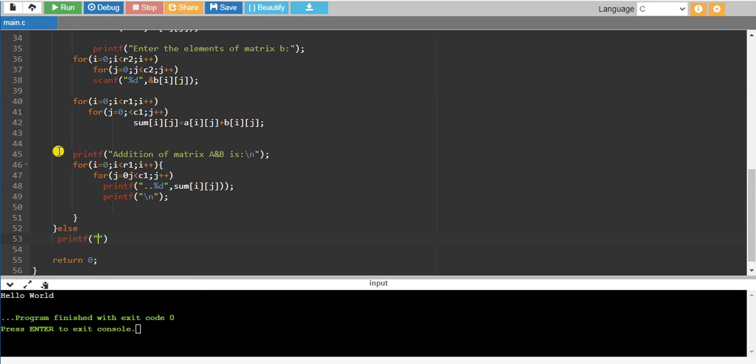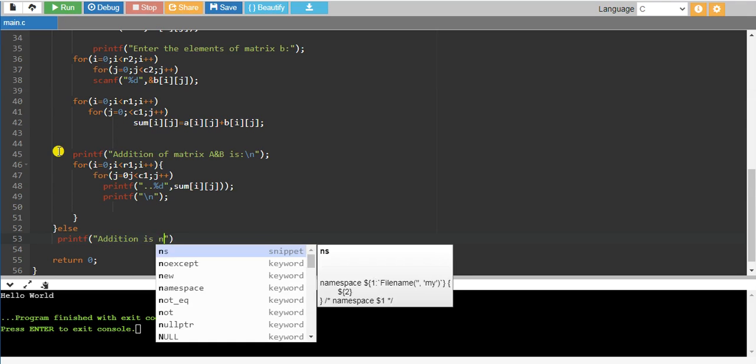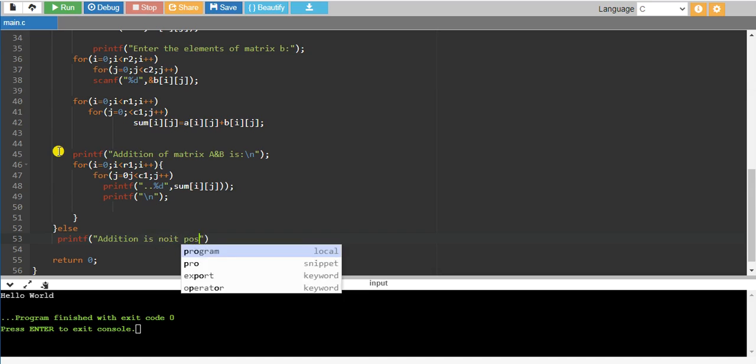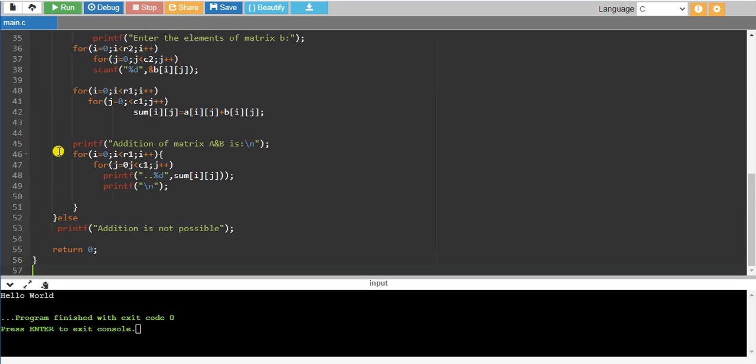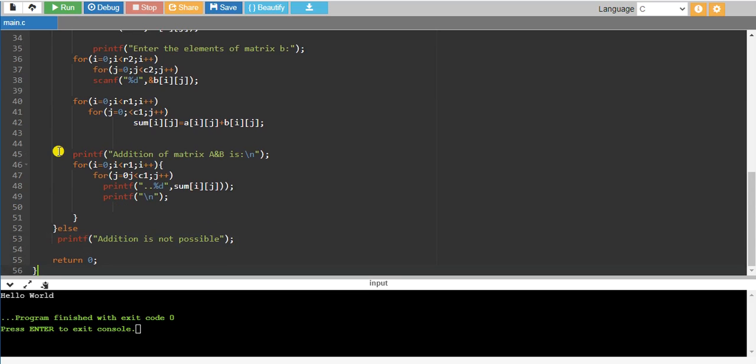So we have to say here addition is not possible. If the number of rows and columns are equal for both the matrices, then only the addition is possible. So this is the code for adding the two matrices.